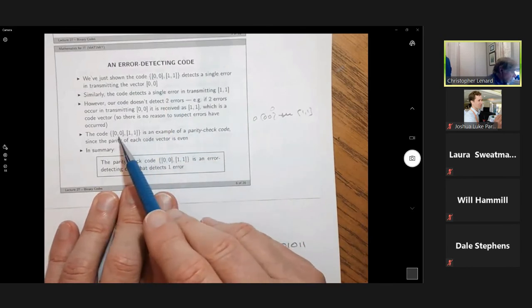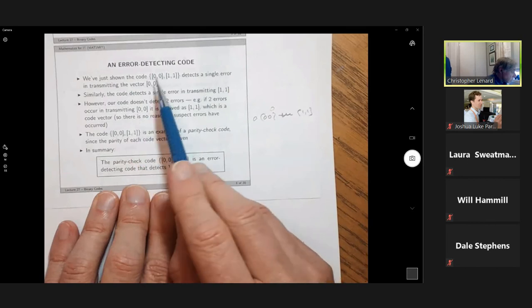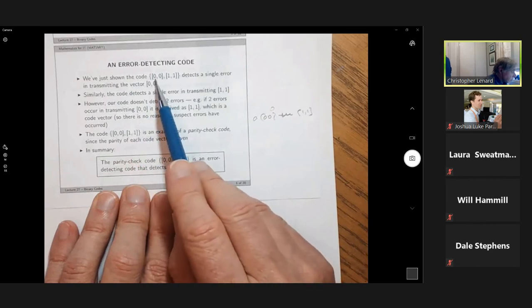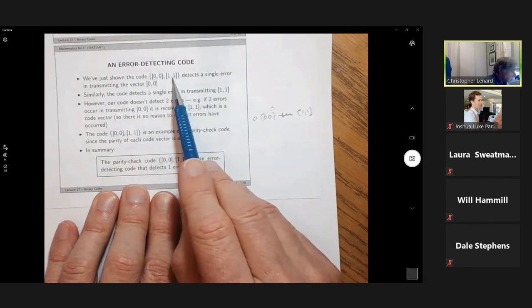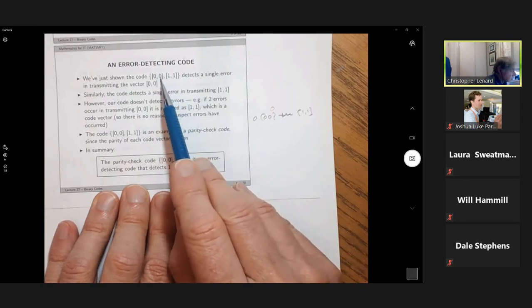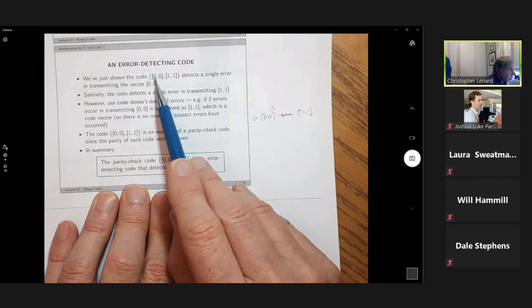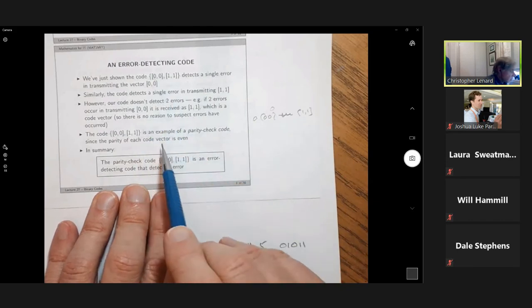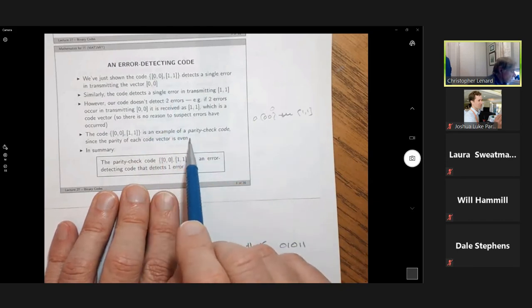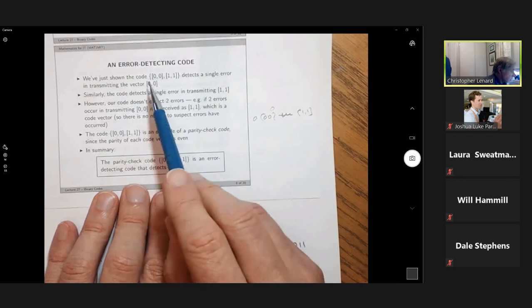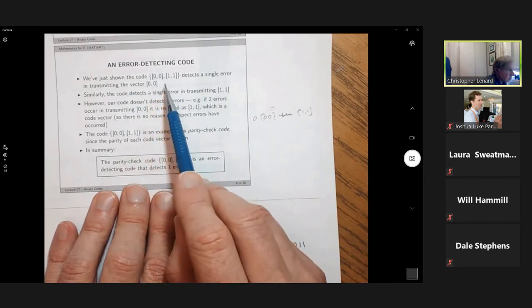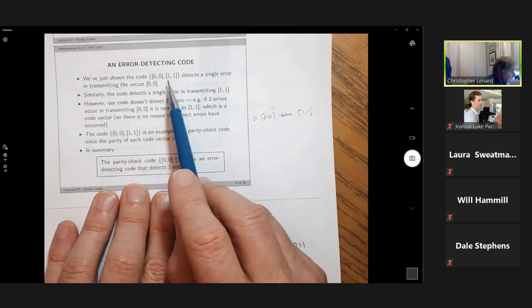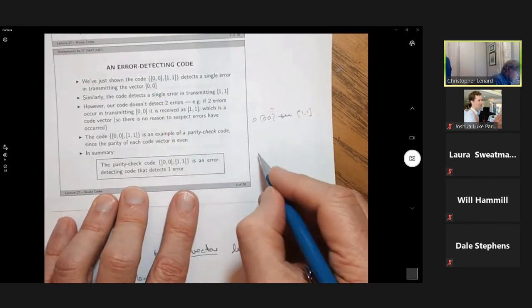Now, the other thing about 0,0 and 1,1 is the following. The number of 1s in this is 2. The number of 1s in this is 0. This is an example of what's called a parity check, because parity means the number of 1s, or whether or not the number of 1s is even or odd. So if your code vector was